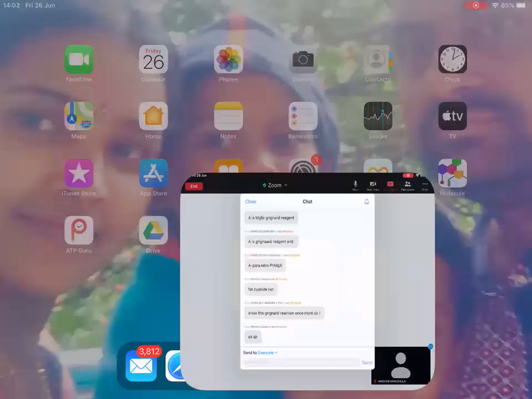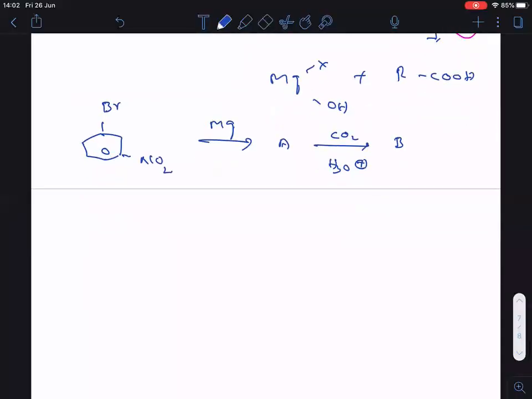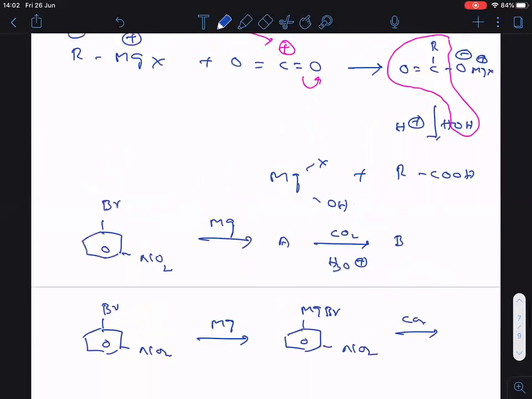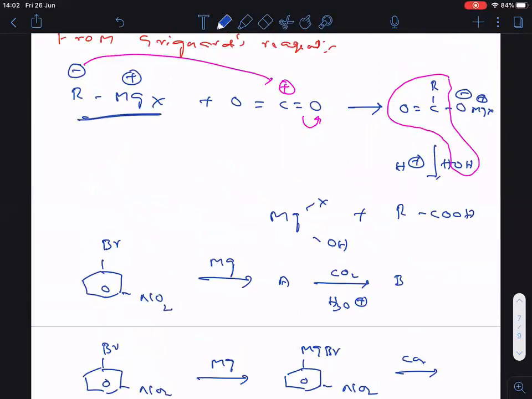Okay, come on, let me give the answer for this one. First of all, see clearly, this is the reactant given to us, bromine at meta position, NO2. When magnesium reacts with that one, you will get MgBr, clear, NO2. Followed everyone? Now MgBr when treated with CO2. Okay, the same thing happens now. This is MgBr, am I right? Treated with CO2.